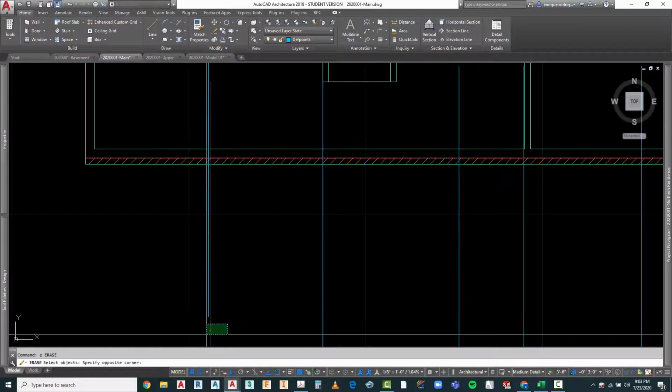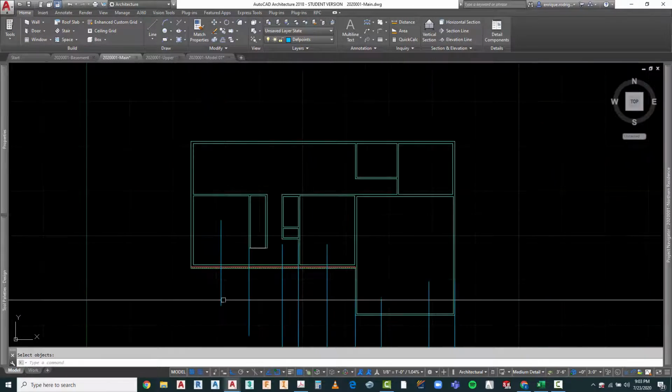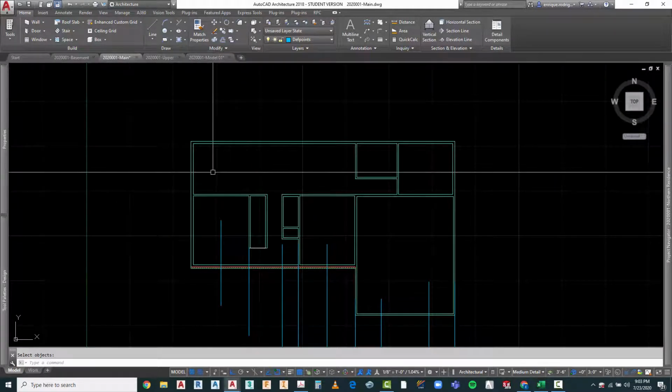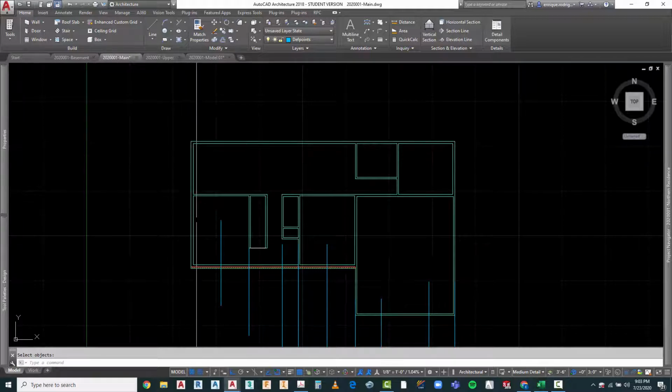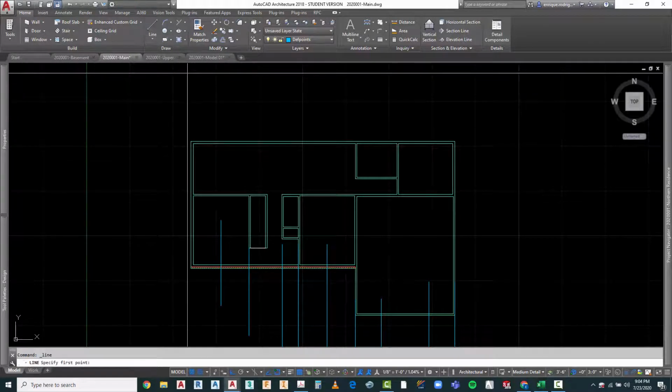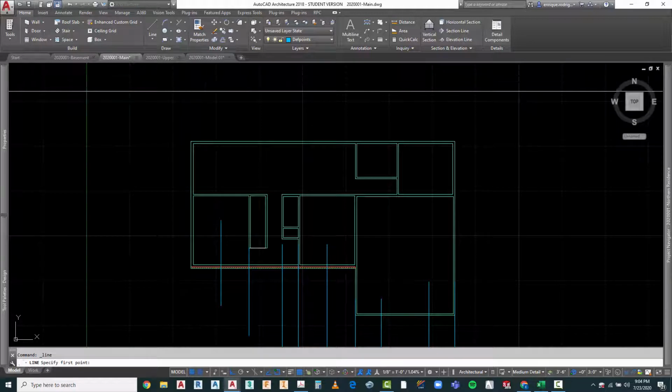Let's go ahead and delete the one that they've got. And there we've got it centered right on the room. So let's go ahead and start with, there are no windows located on the main level here on this side, but there are going to be a number of them in the back. So I am going to go ahead and